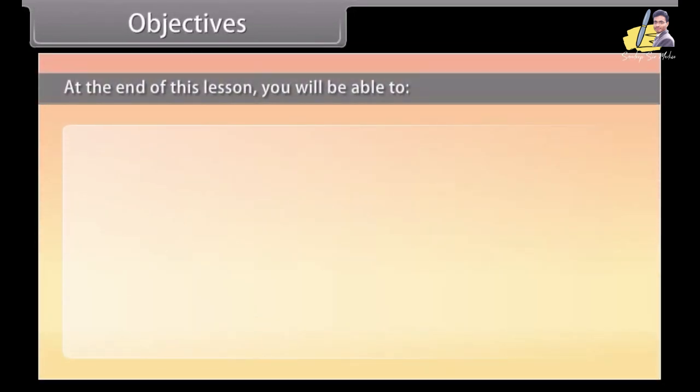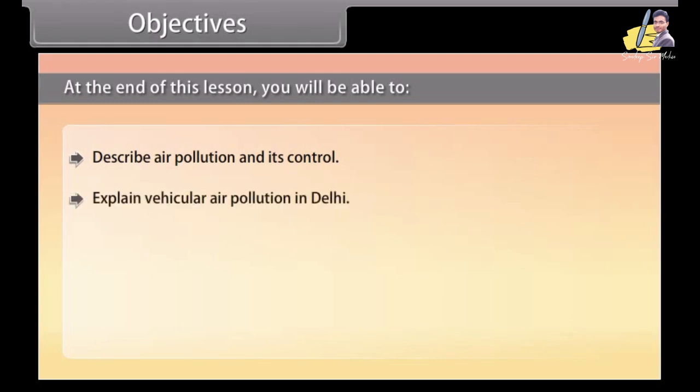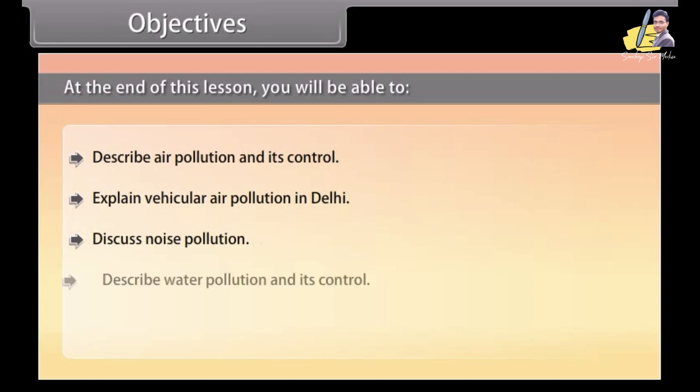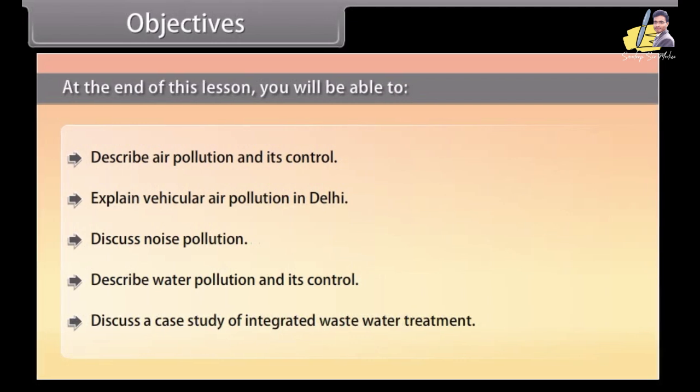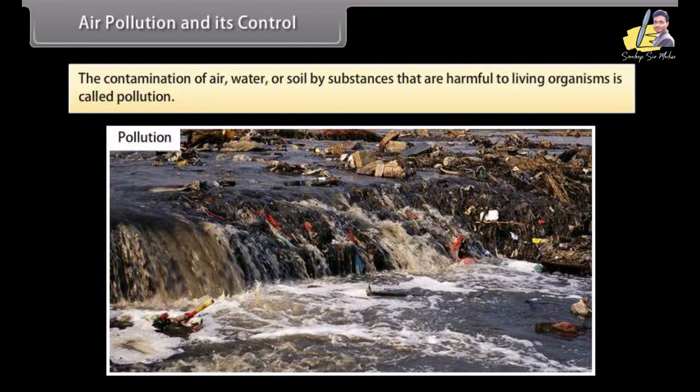Objectives. At the end of this lesson, you'll be able to describe air pollution and its control, explain vehicular air pollution in Delhi, discuss noise pollution, describe water pollution and its control, and discuss a case study of integrated wastewater treatment. Air pollution and its control. The contamination of air, water, or soil by substances that are harmful to living organisms is